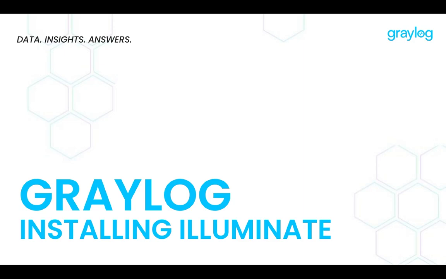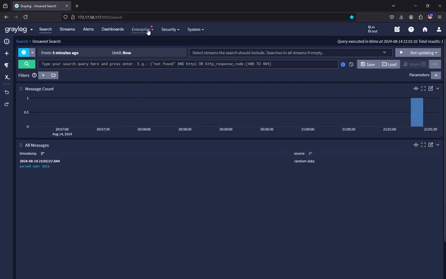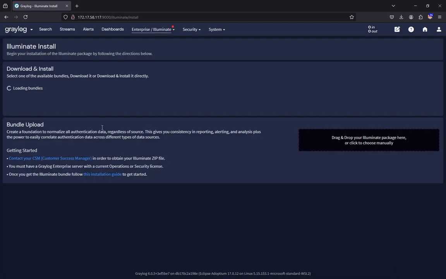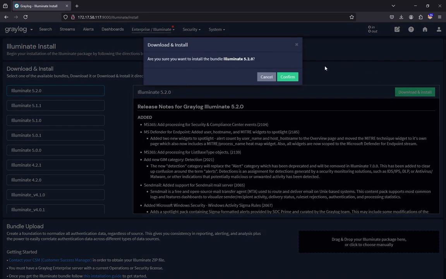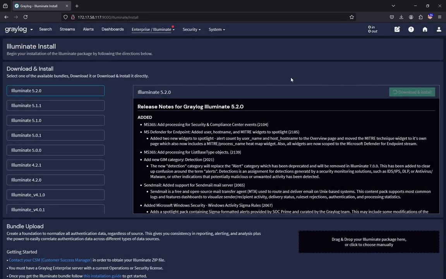Next, after you've installed your licenses, let's look at installing Illuminate. You may choose to install Illuminate, and you'll see this notification here under the Enterprise menu. If you go to Enterprise Illuminate, you'll notice that you have the option to download via the internet the actual individual bundles. This one's version 5.2. There could be a newer release come out since this video, but we'll download version 5.2, and it will do that right within Graylog. So you click the download button, and you confirm it, and in the background, it will